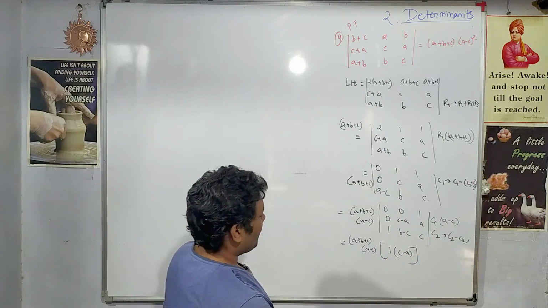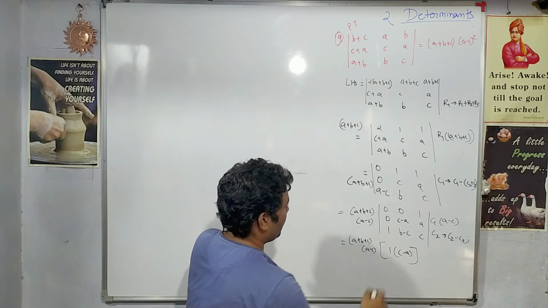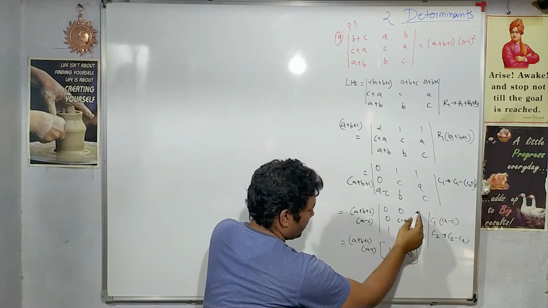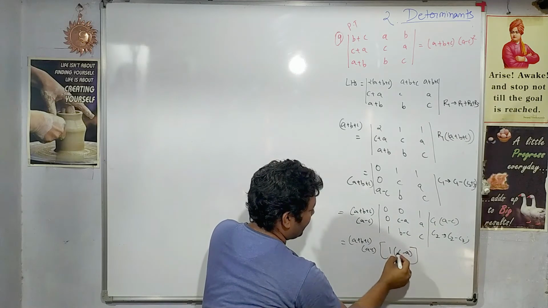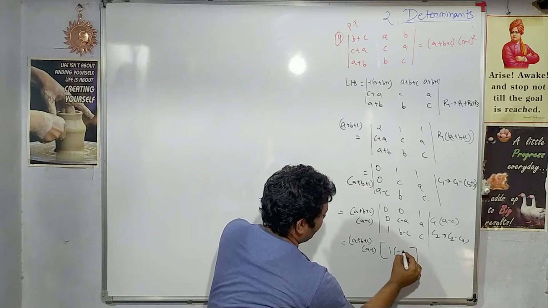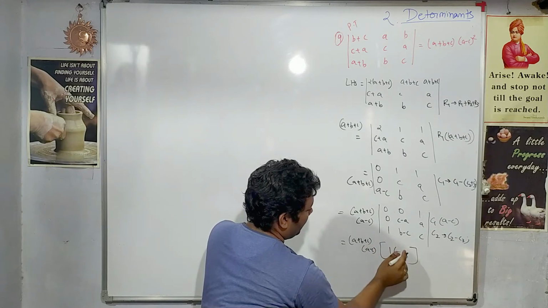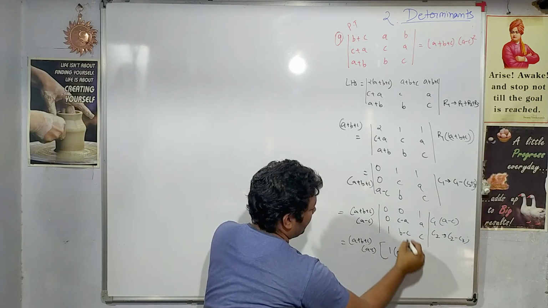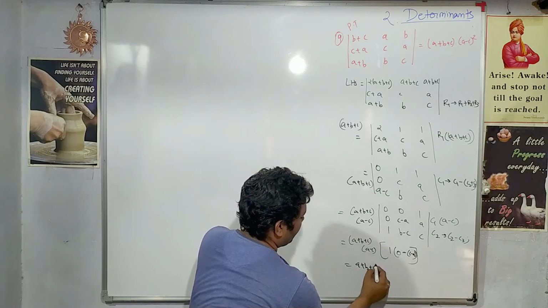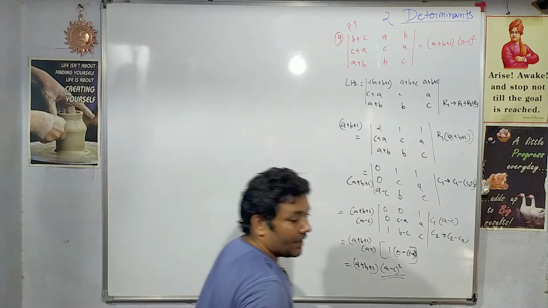So 1 into this 0, and 1 into c minus a, c minus a. Correct? So, have I made any mistake? 1 along the first column. So along the first row I have evaluated this 0 minus, this will give me minus 1, right? If you evaluate along the first row, 1 into 0 minus 1 into c minus a. So now you got your answer, a minus c whole square, right? Then the 10th question.